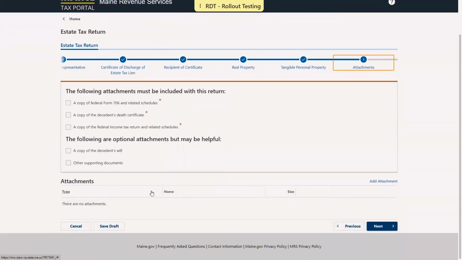Next, we're asked to add some attachments as described on your screen. The required three are indicated by a red asterisk, and those are a copy of the Federal Form 706 and related schedules, a copy of the decedent's death certificate, and a copy of the federal income tax return and related schedules. You can add these by clicking the Add Attachment hyperlink,